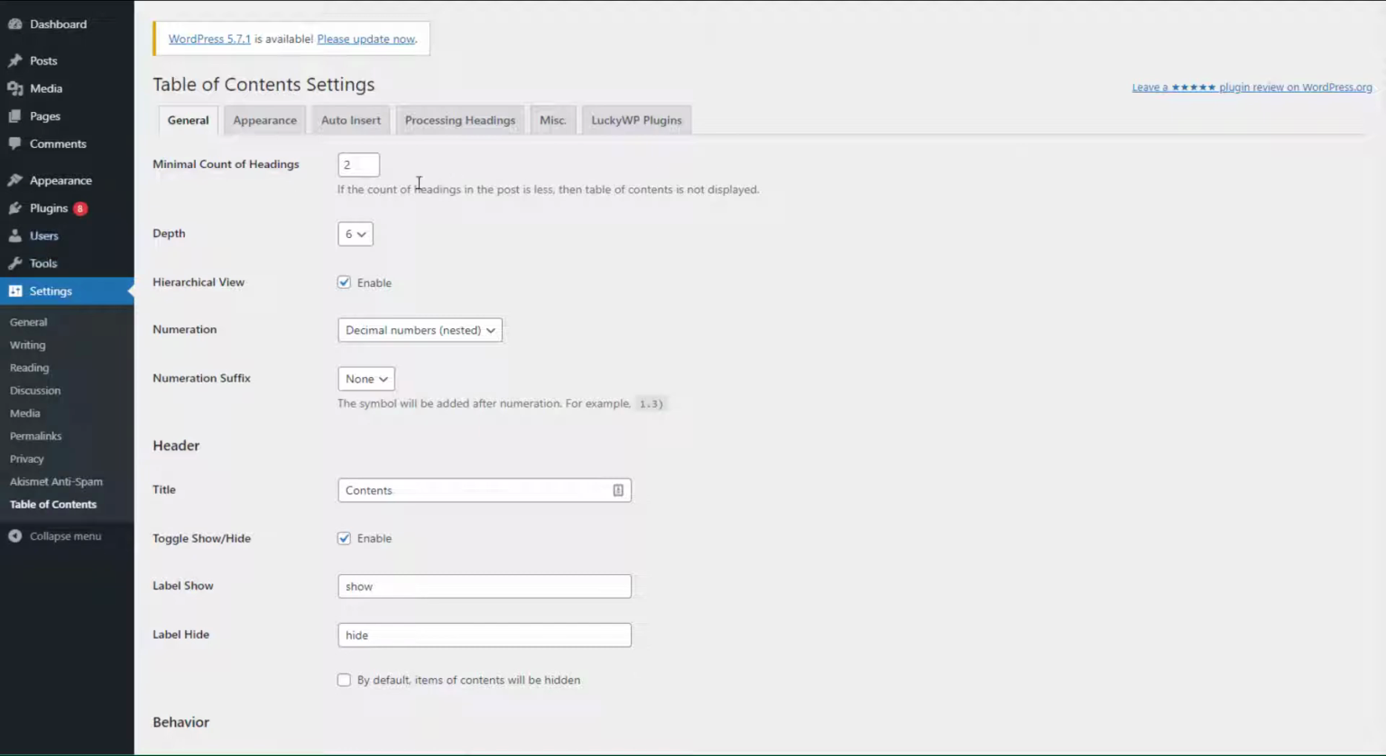And by default, the normal settings are already done. As you can see, the minimal count of heading is 2. So if in a post you have less than 2 headings, this table of content will not work. Second is the depth. It's up to 6, meaning it's the hierarchical level,